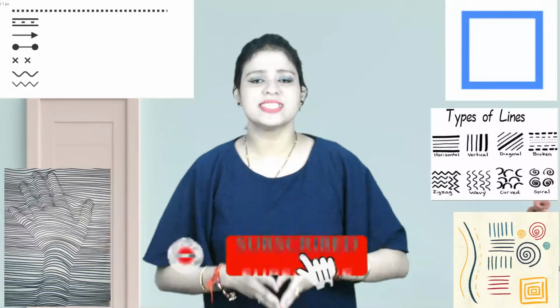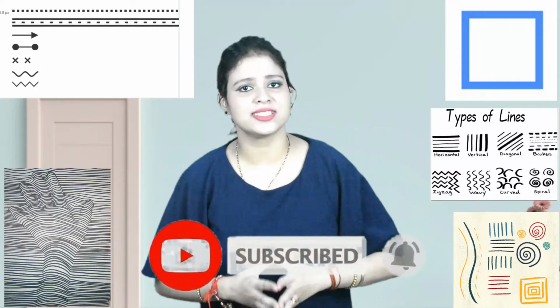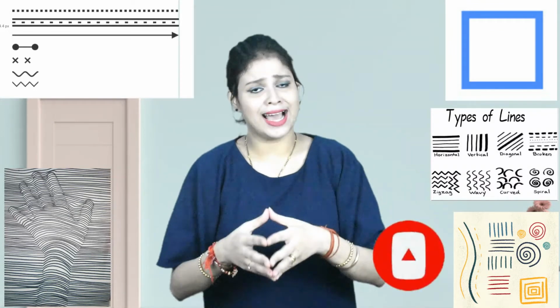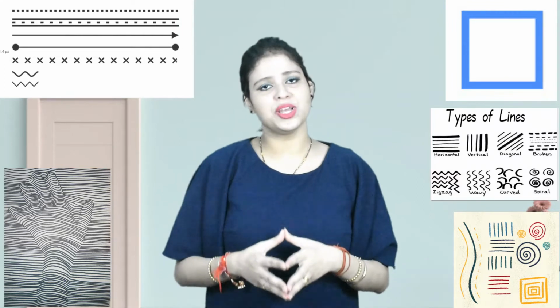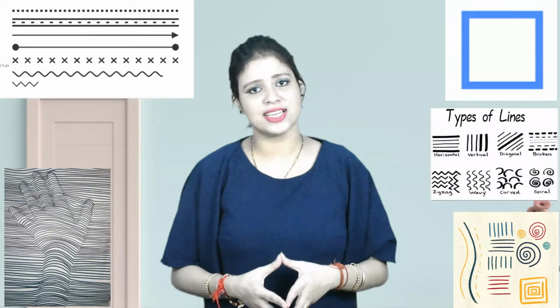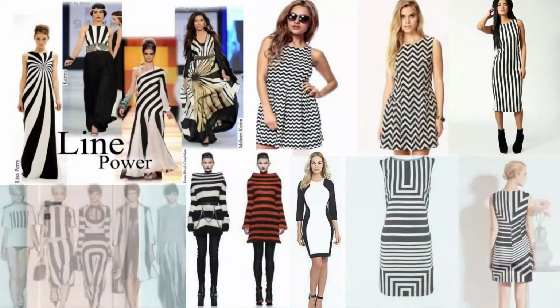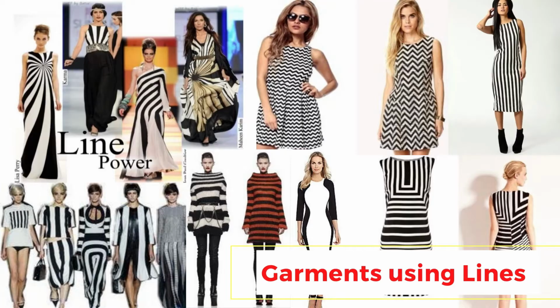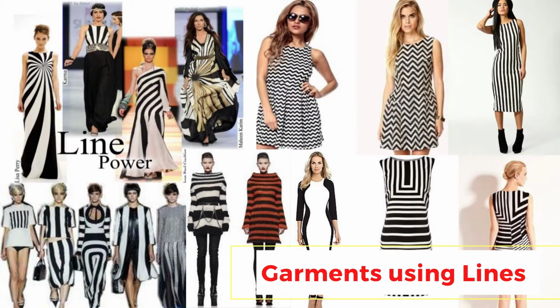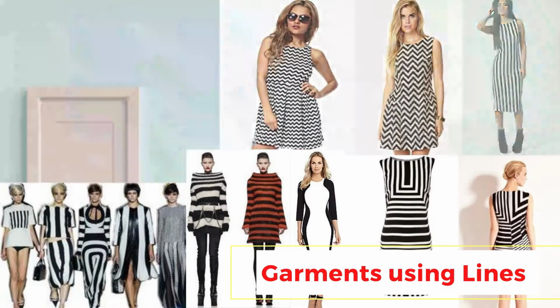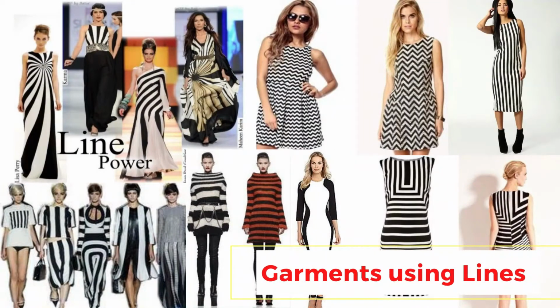The second element is line. When two dots are connected, one line is formed. Line can be of different types. It can be a curved line, zigzag line, straight line, parallel lines, adjacent lines, joined lines. If the lines are horizontal, it creates an illusion and adds fat to the body. If the line is vertical, it creates an illusion that the person is tall and lean as well. If the line is broken or zigzag, it creates an illusion and helps the eye of the viewer to flow from one area to another.